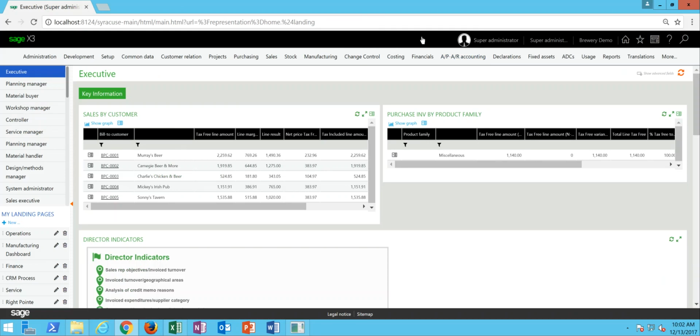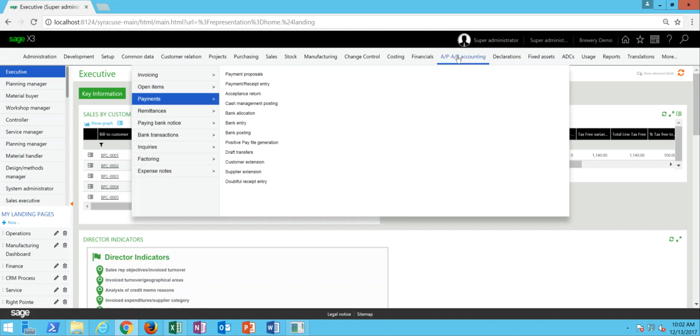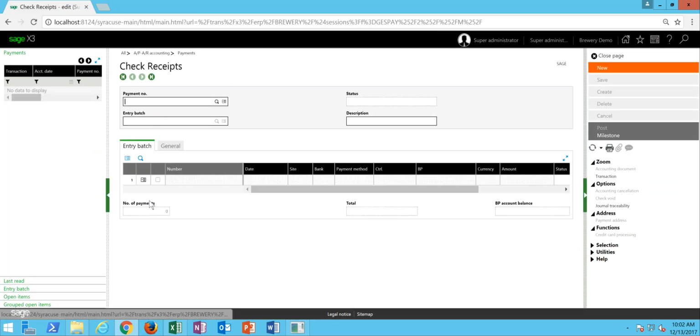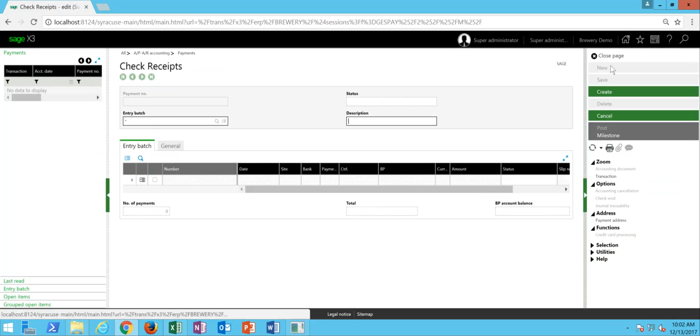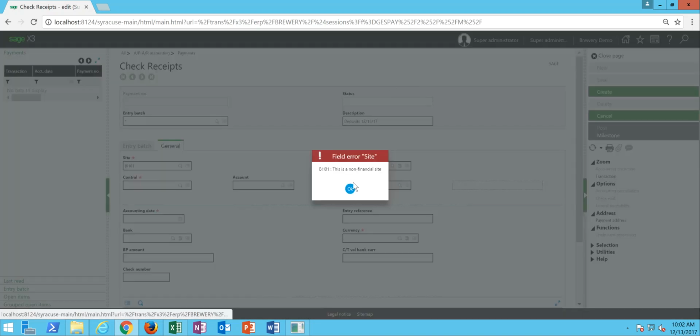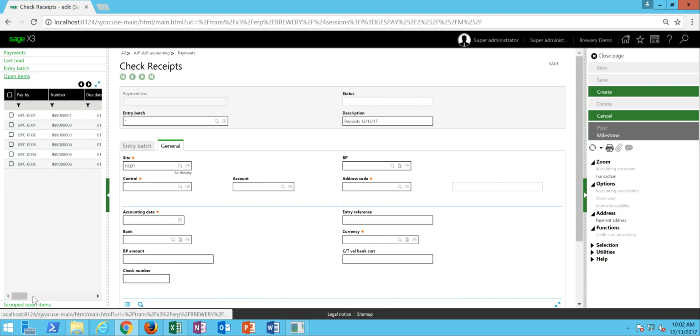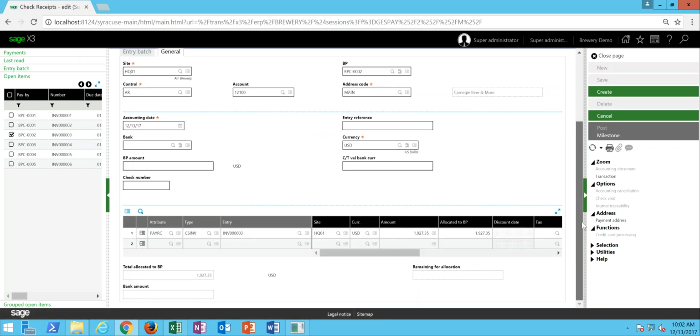So next here, let's go ahead and generate some payment records against those invoices that we've sent out. So when the customer is going to settle up accounts, we can come under our APAR accounting and into our payment receipt entry. And we'll go ahead and choose the check receipts. Specify this through our HQ site. Over in our Open Items tab, it'll show us all the open invoices that we have on account. So we can choose the invoice that's being paid,